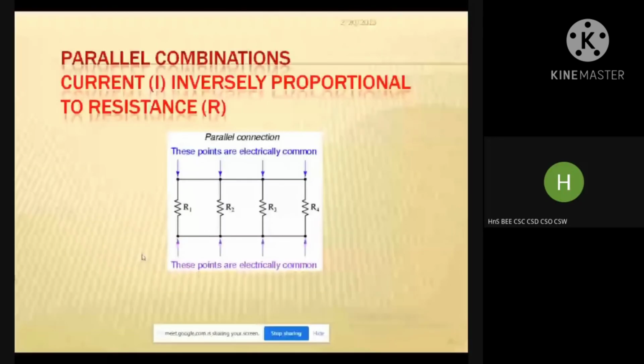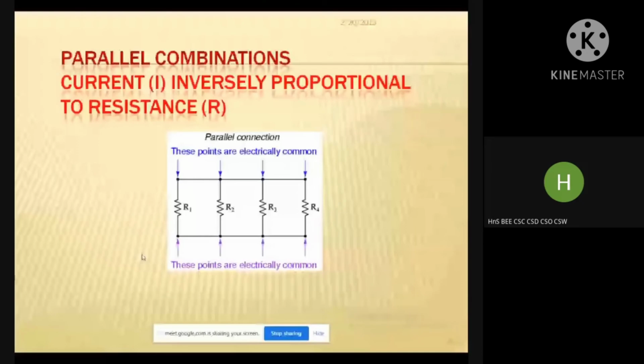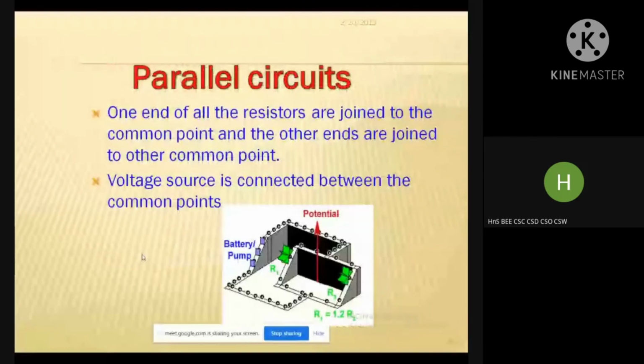All resistors, what is a resistor? R1 is nothing but a fan, R2 is a fridge, R3 is a TV. These types of objects are connected with different lines, which are called different circuits. In this line we have switches for R1, and R2 has a switch, and R3 and R4 also. These are the parallel connection circuit diagram. Simply, parallel connection is nothing but different paths connected at different points.